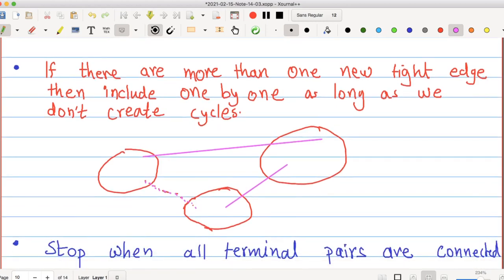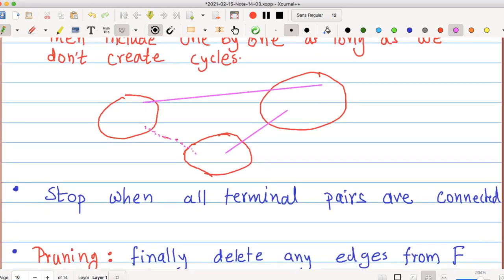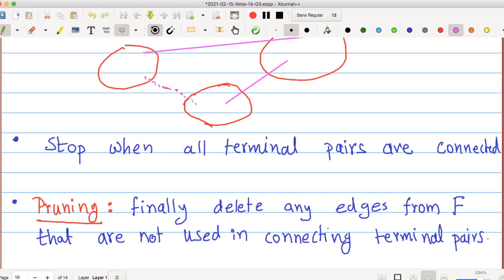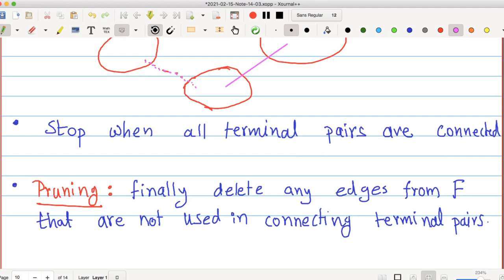And finally, you will stop when all the desired terminal pairs have been connected. Then you stop, and finally you do this pruning step, which we have been discussing. Finally you have some forest.